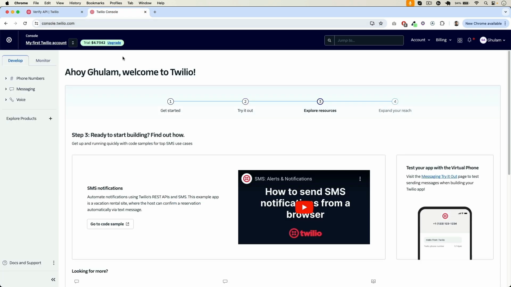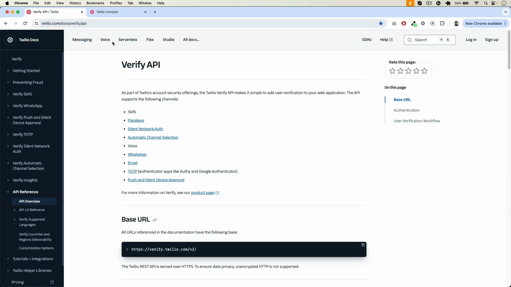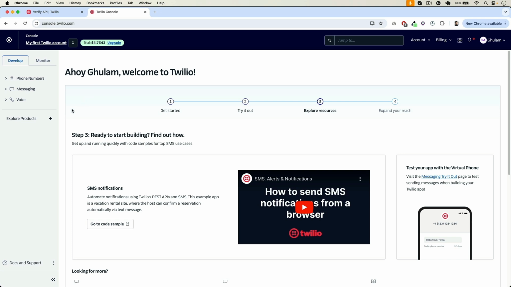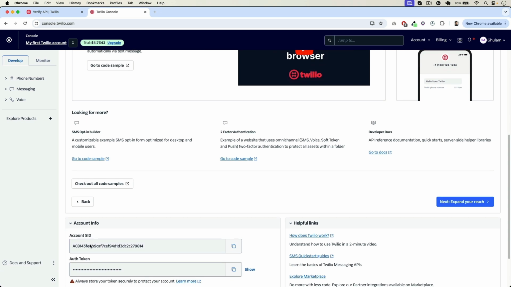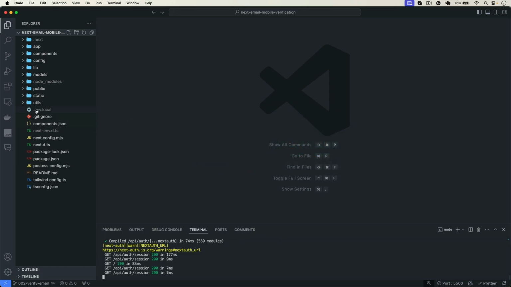After registering, this is going to be your dashboard, and you can see that here I have a trial balance of $4.7. I think by default that is $10. This is going to be your account, and we will use this verify API. First of all, let's get our API keys and set them in our config file. If I scroll down, you can see that here we need these two IDs, the account SID and this auth token. I will copy this from here, go back to my project, go to this env,